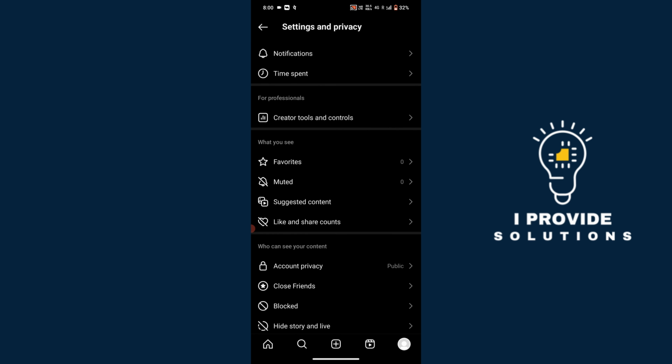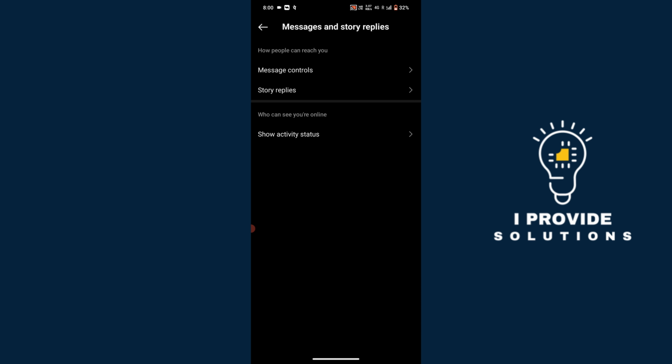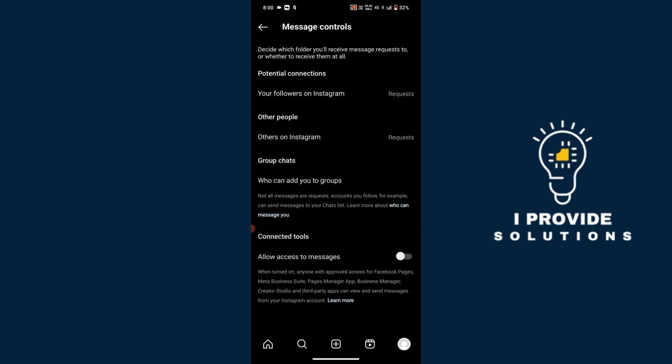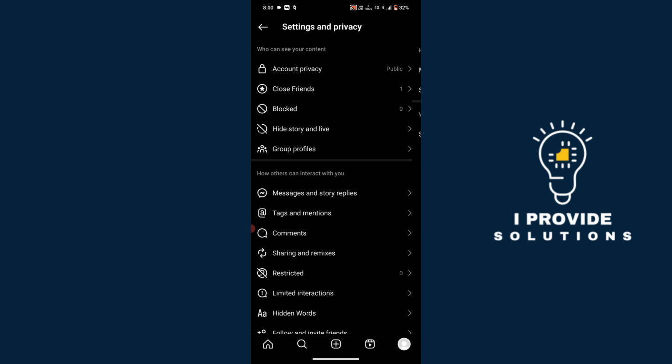and here you need to click on message and story replies. Here you need to click on message controls, and here you need to allow the access to messages. It was updating, it was allowed, and you need to come back